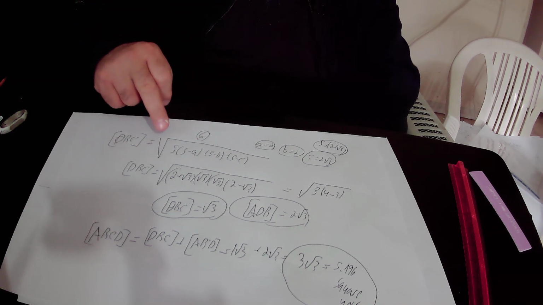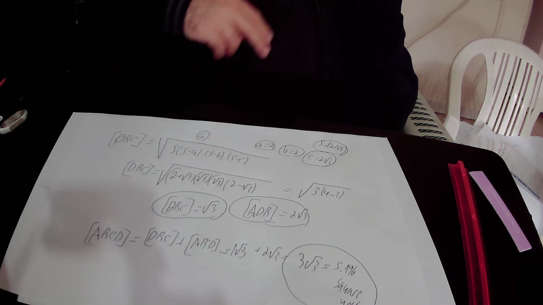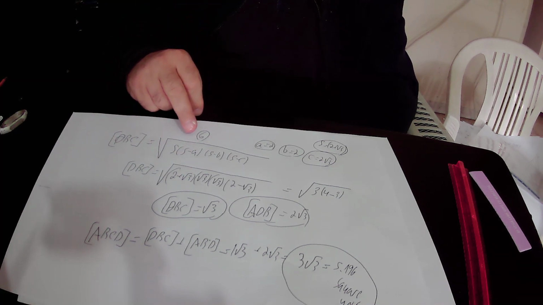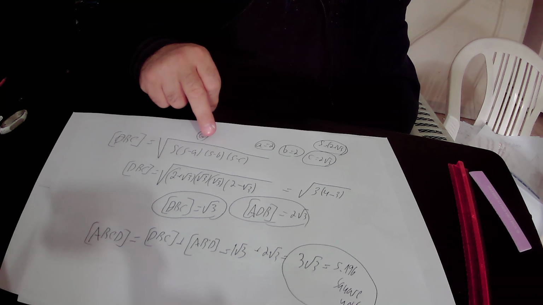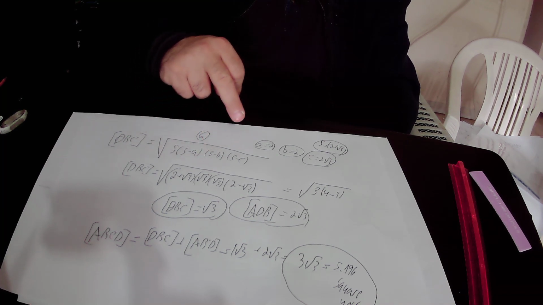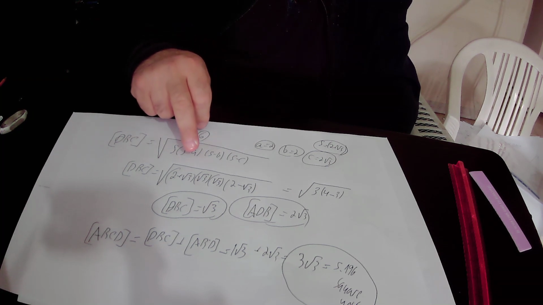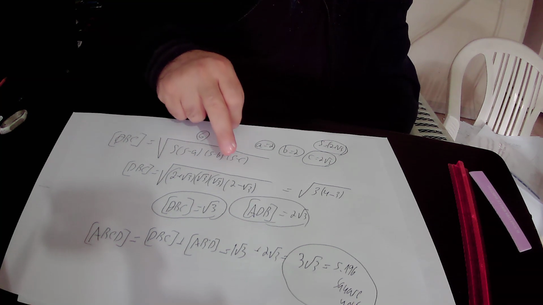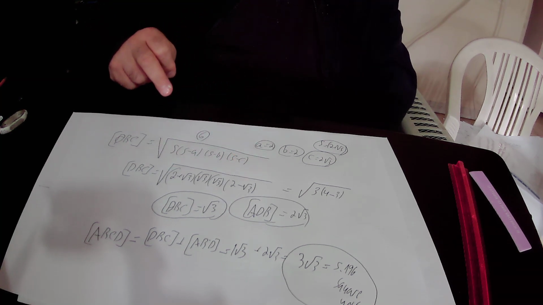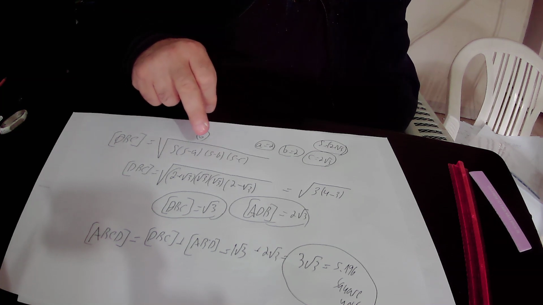We found that S equals 2 plus the square root of 3, and S minus A is 2 plus square root of 3 minus 2, which is the square root of 3. S minus B is also the square root of 3 because A equals B, and S minus C is 2 plus square root of 3 minus 2 times square root of 3, which equals 2 minus the square root of 3. Here, square root of 3 times square root of 3 is 3,